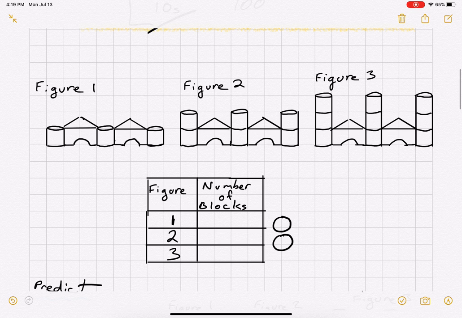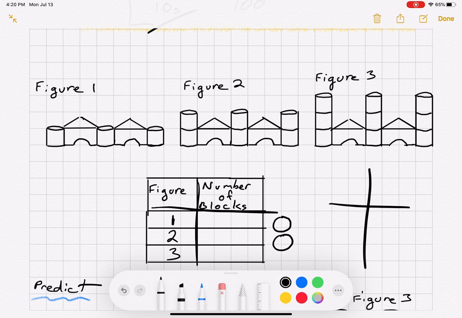Okay, so we are looking at patterns, and now, instead of the sequencing, we're using T-tables. What a T-table means is it's a table that has two columns. Okay, it makes a T. So this would be the T in there, okay? And it's using one side to make the other. So if I'm looking at figure 1 here, which is right here,